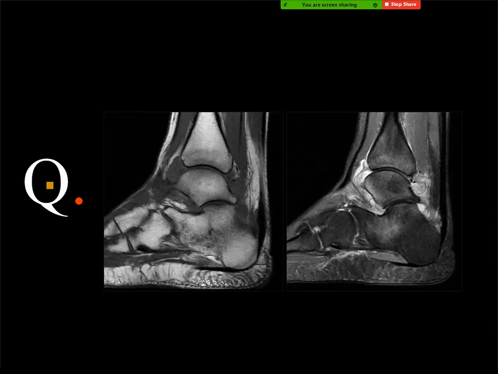Coalition between navicular and calcaneus. Calcaneus and navicular cuboid. This is the calcaneus, and this is the cuboid, and you got